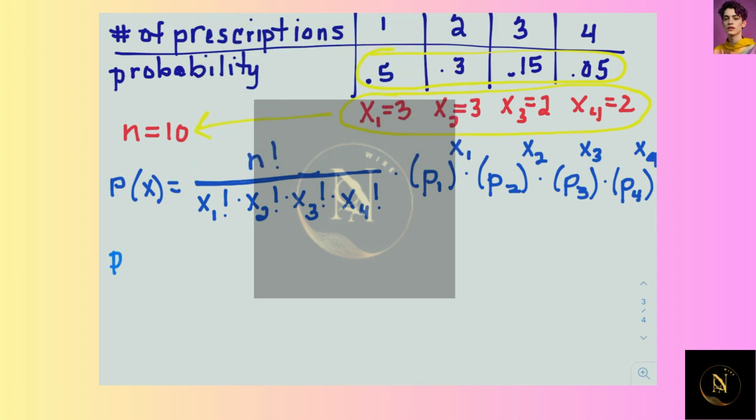So the probability of selecting 10 people with the following breakdown: 3 of them filled one prescription, 3 of them filled 2, 2 of them filled 3, and 2 of them filled 4, would then be 10 factorial, because our n value was 10, over 3 factorial times 3 factorial times 2 factorial times 2 factorial, multiplied by